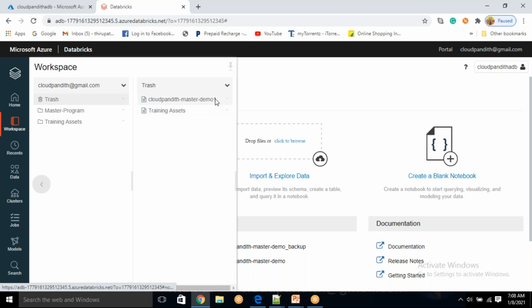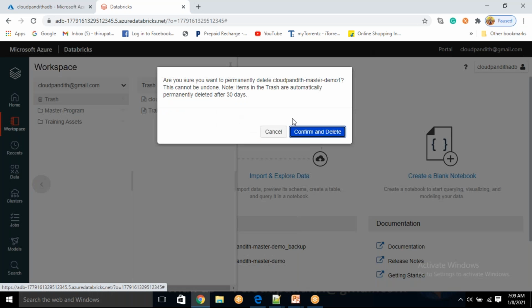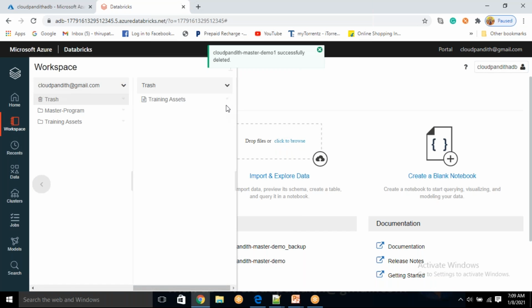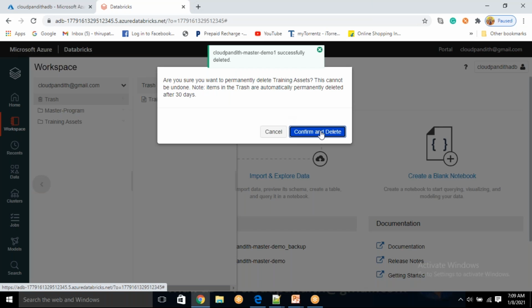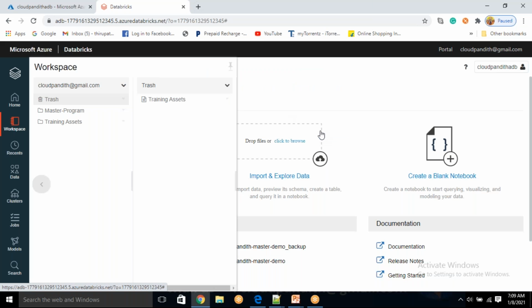Now I want to delete these two things immediately, permanently. Okay, click on this. You can say delete immediately. So those you will not be able to get back. Otherwise, for the next 30 days, if you want to retain them, you can do that. Whatever files you have in trash will be deleted automatically in 30 days if you are not restoring them back. Okay, now we covered some of the parts.